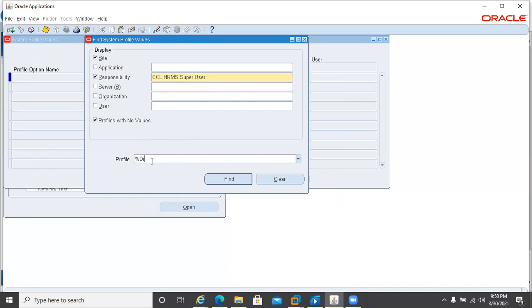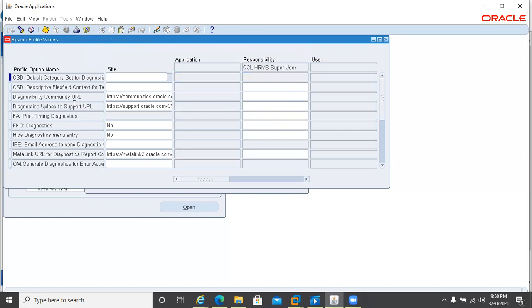Let me enable diagnostics. This is, I think, a profile option. Yeah, FND diagnostic. Here, as you see, on a site level it is no, but I will enable it at responsibility level.